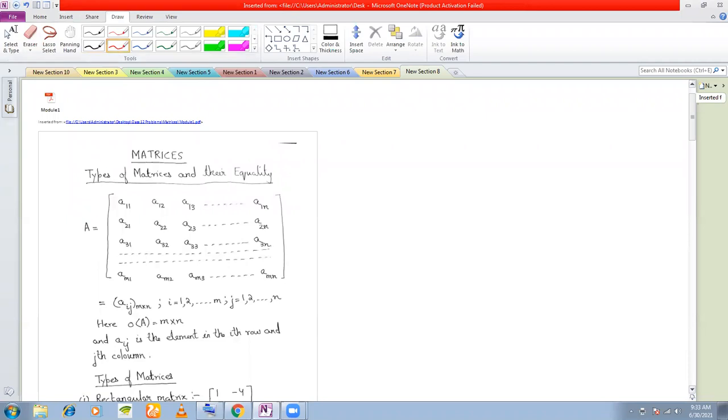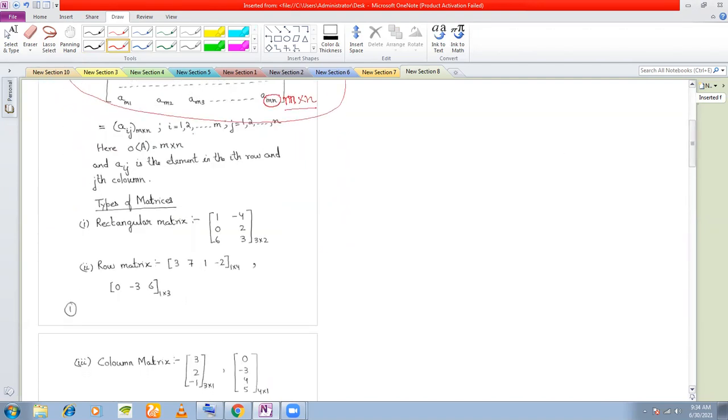A matrix of order m by n, in fact, not n by n, will look something like this. This is a general matrix. See the subscripts here: A11, first row, first column; A12, first row, second column; A13, first row, third column, and so on. This is A22, second row, second column; A23, second row, third column, and until we have the mth row and the nth column. A general m by n matrix will look like this.